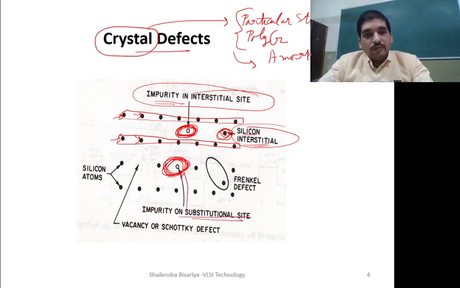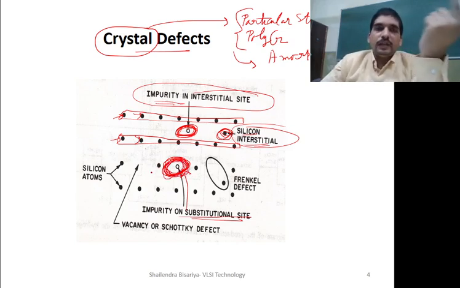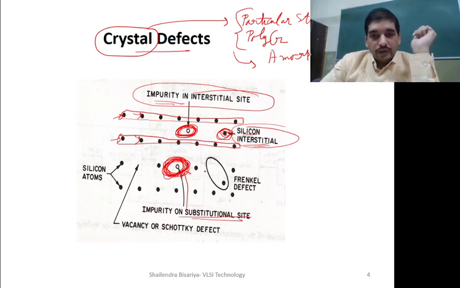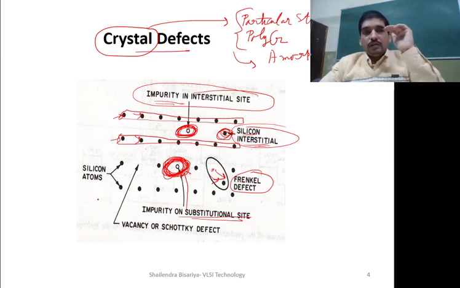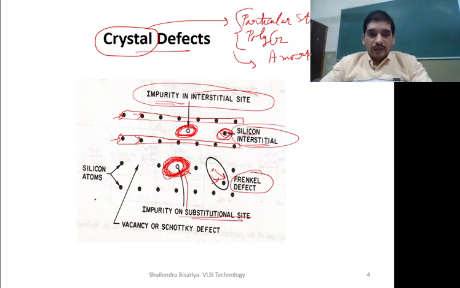So impurity comes substituted, and so here we are expecting that here it should be silicon, but here it is any other impurity atom. The Frenkel defect is that it should be here, but has moved from its position and has taken some other place, which should not be as per the structure we are expecting. And a vacancy or Schottky defect is the defect termed when there is a vacancy created.